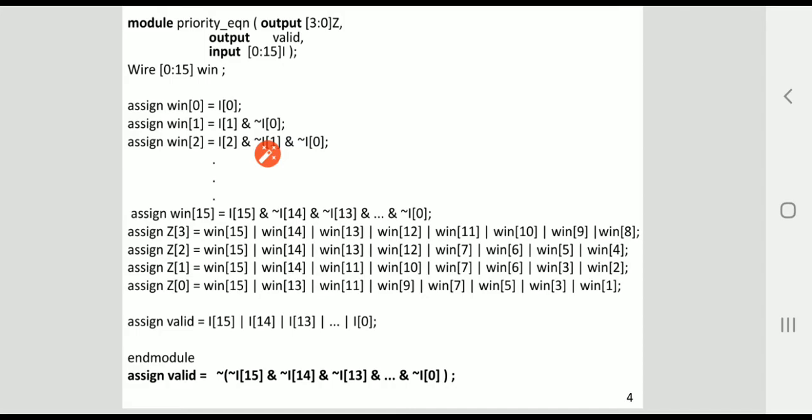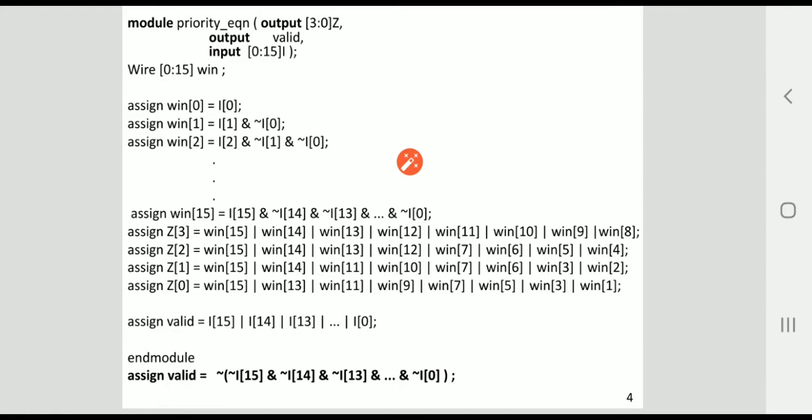That's why I of 1 ANDed with the negation of I of 0 gives the output win equal to 1. It will continue like this for win of 2 up to win of 15. These wires are assigned with the particular values of inputs based on the priority.